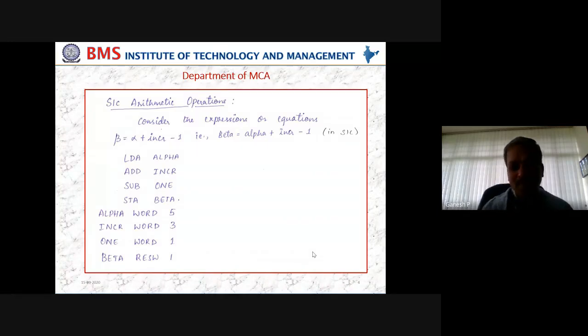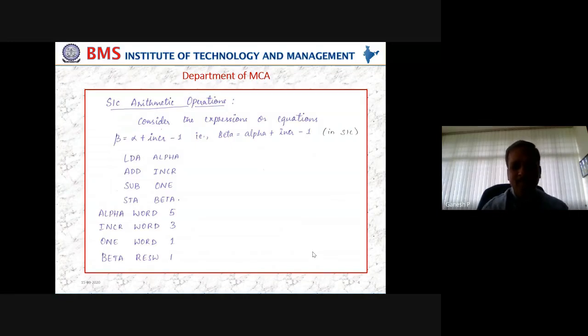So what is our primary duty is one of these, either alpha or increment, should be stored in the accumulator. Choice is yours. You can store alpha in accumulator or increment in accumulator. Anyone you should be in the accumulator. So first what we are doing, we are following as if it is given from the left to right. We are storing the alpha into the accumulator. Why we are doing that?